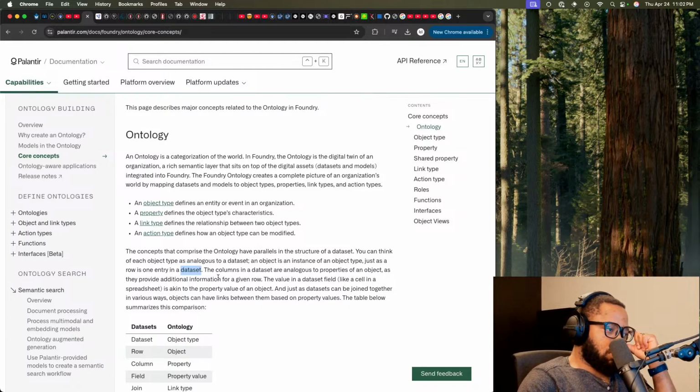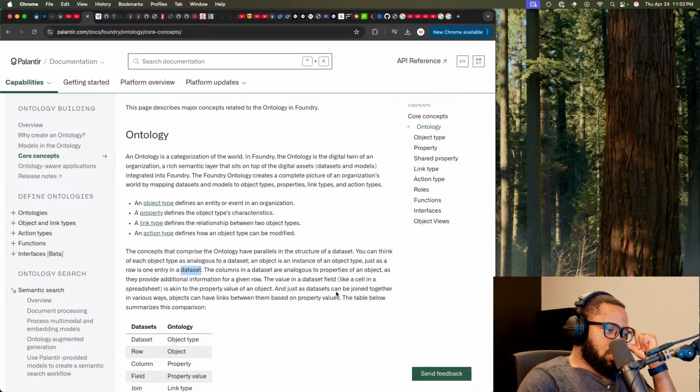Anyway, the columns in a dataset are analogous to properties of an object as they provide additional information for a given row. The value in a dataset field, like a cell in a spreadsheet, is akin to the property value of an object.